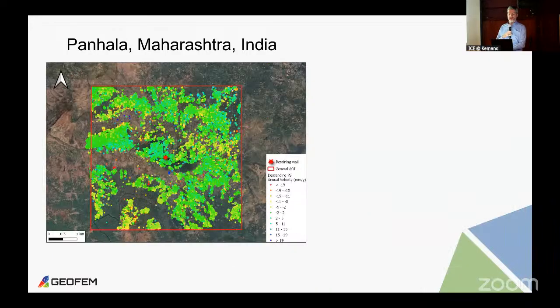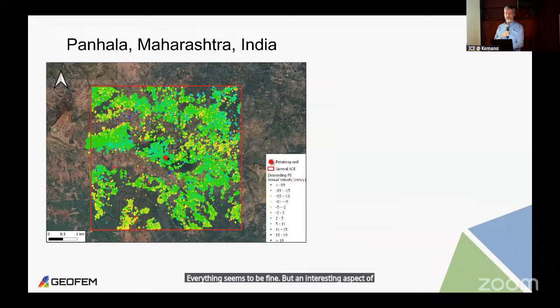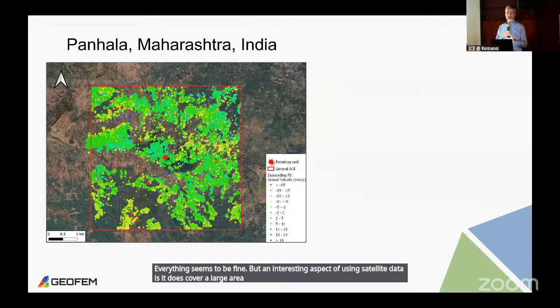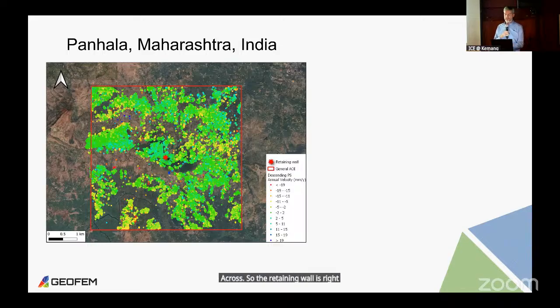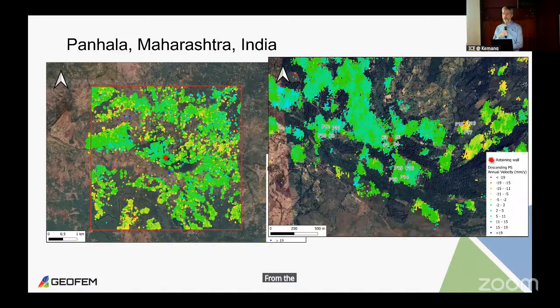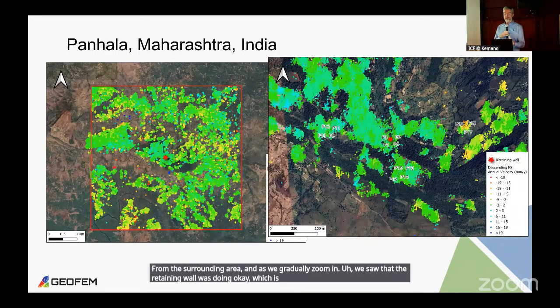But an interesting aspect of using satellite data is it does cover a large area. We tend to select a minimum size of a few kilometers across. So the retaining wall is right in the center of that area, but it gives you a lot of data from the surrounding area. And as we gradually zoom in, we saw that the retaining wall was doing okay, which is what the main purpose of the analysis was, but we can't help looking elsewhere, and you start to see